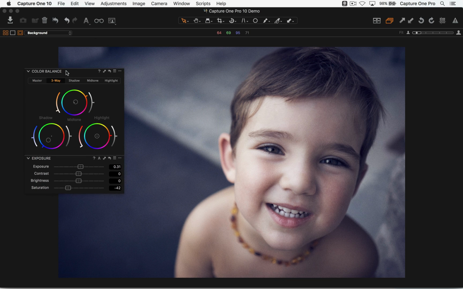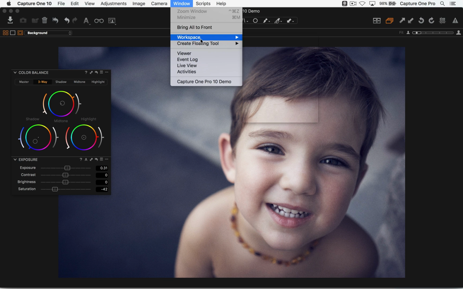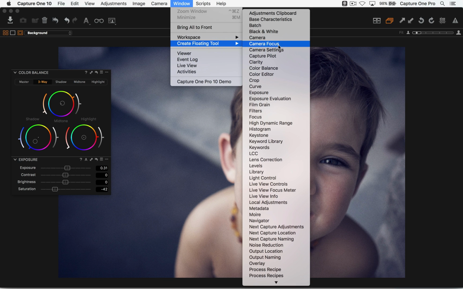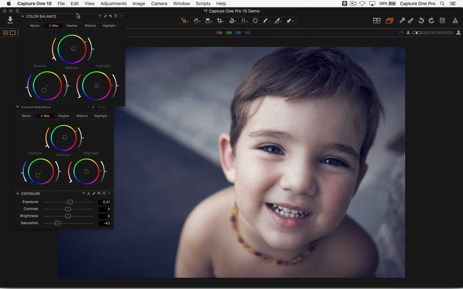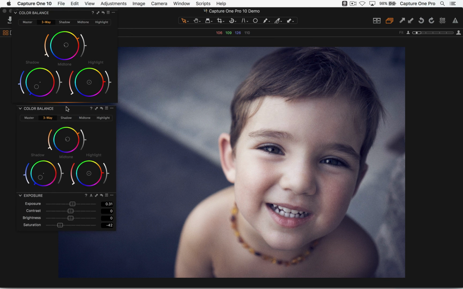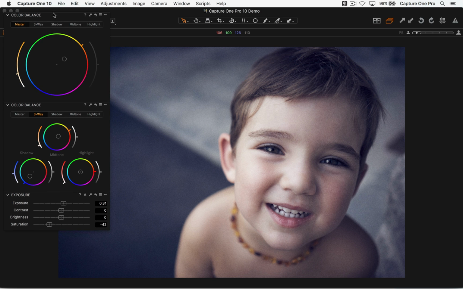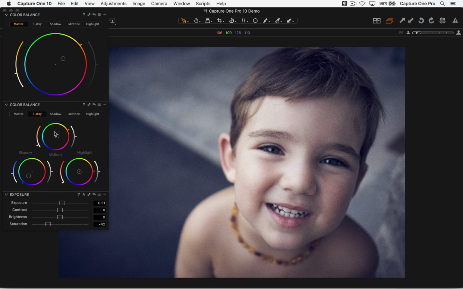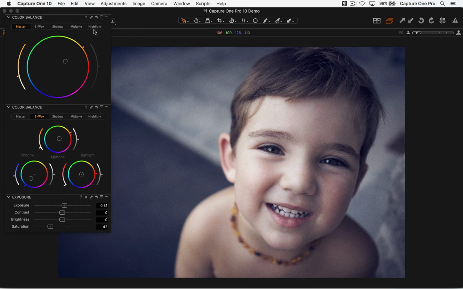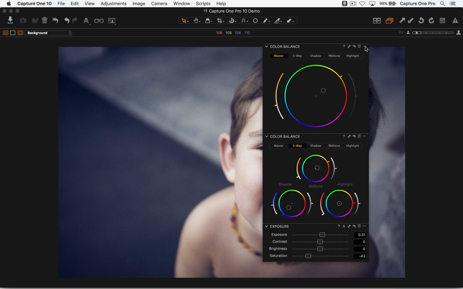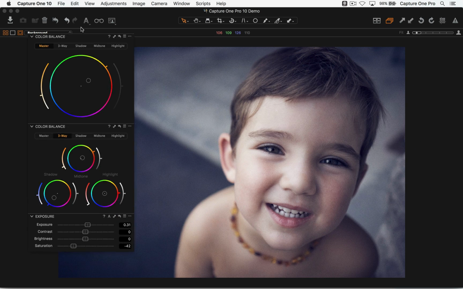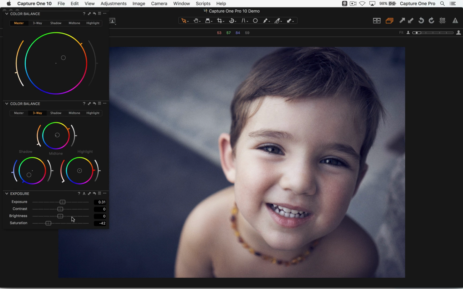Hide our tools. Now generally if I'm working with color grading, I'll show you how I like to have the setup and how we could actually save that. So if we stick those together and change that to master, now we've got the master tab, the three-way tab, and the exposure tool all as one floating palette. If you're working with two monitors, which most of us do, there's nothing to stop you having that sitting on another monitor so you have an unobstructed workspace.